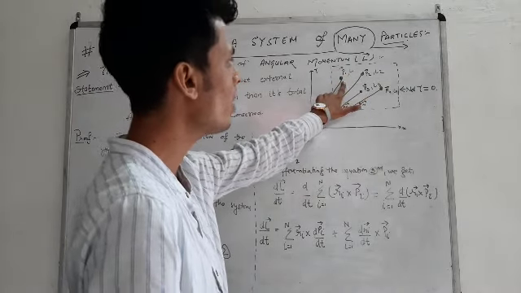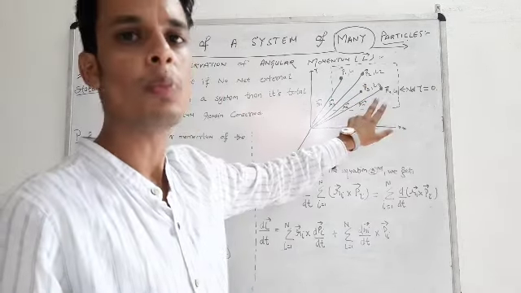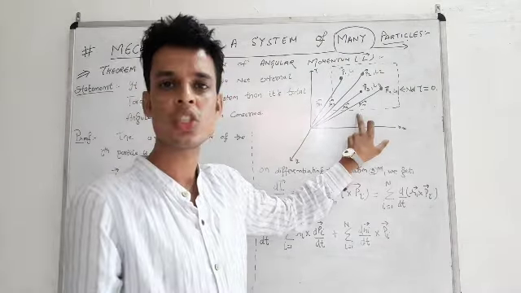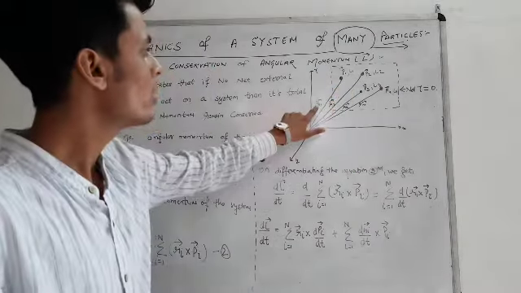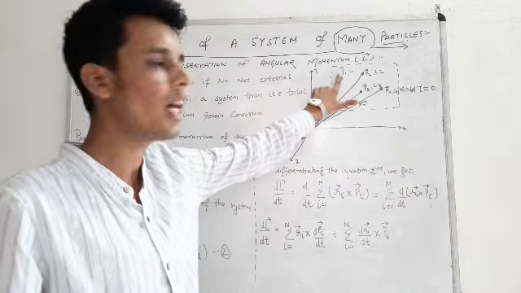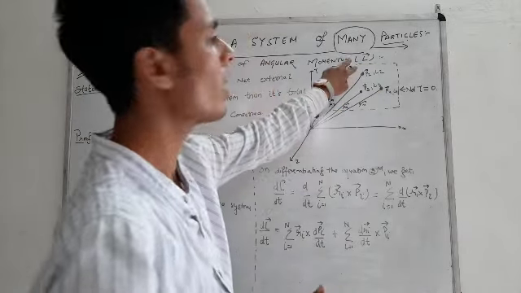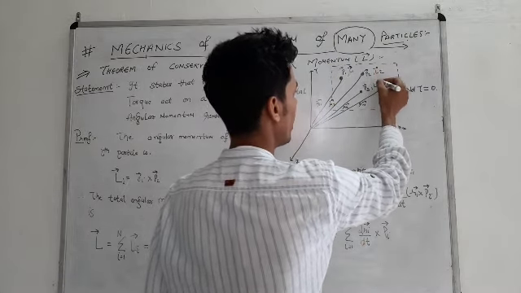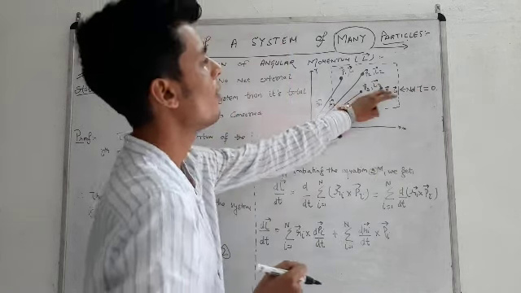So this is particle number 1, particle number 2, particle number 3, particle number 4. They have their respective position vectors R1, R2, R3, R4. I have already told you what a position vector is: the vector which tells the position of a certain point. R1 is the position vector of point 1, P1 is the linear momentum of that particle and L1 is the angular momentum of that particle. Since they are vector quantities, we put an arrow on P as well as on L.